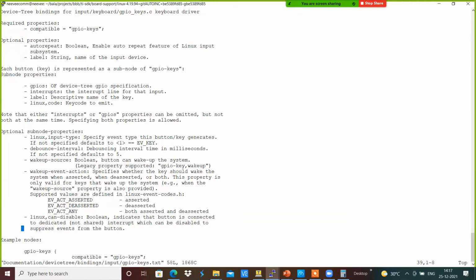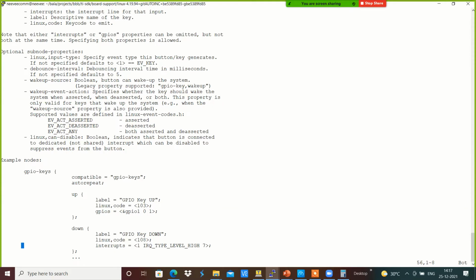For example, we will have the gpio-keys node, which is compatible with gpio-keys, and it will be added with the respective up and down key values. For example, if it is an up key or a down key, we can link it accordingly.